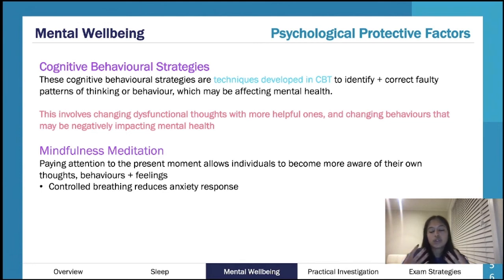Okay, and then your other psychological protective factor is mindfulness meditation. So again, this kind of controlled breathing, controlling one's awareness, this idea of focusing on one's thoughts, feelings, emotions, how one is at the present time. That can be really helpful for centering oneself. And again, keeping aware of, am I falling a little bit down that continuum? Am I feeling stressed, but maybe I'm just not acknowledging it? Sometimes focusing and being aware of your internal feelings through mindfulness meditation can be a good way to note things like that.